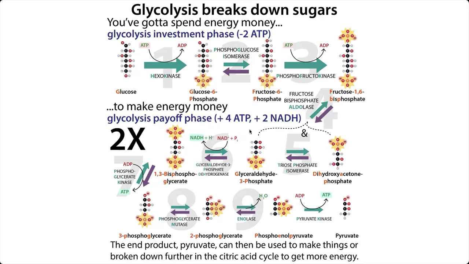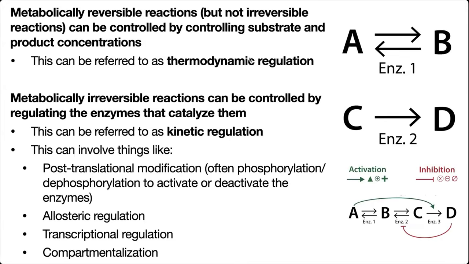We can therefore use this pathway for both glycolysis, the breakdown of glucose, and gluconeogenesis, the making of glucose, except for these few steps that are metabolically irreversible, these single arrows, and those are the points where we're going to go around. And we're going to highly control those steps because they commit us to going in one direction.